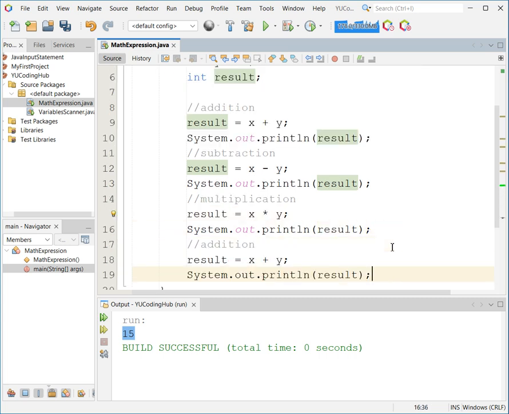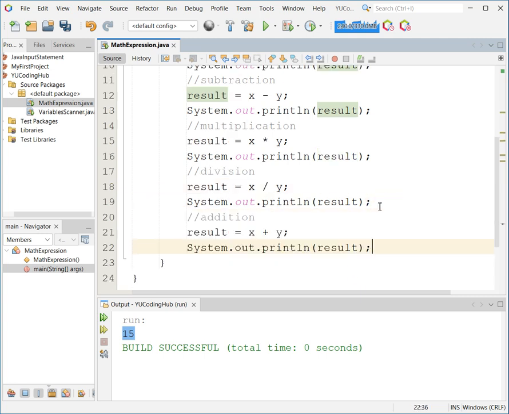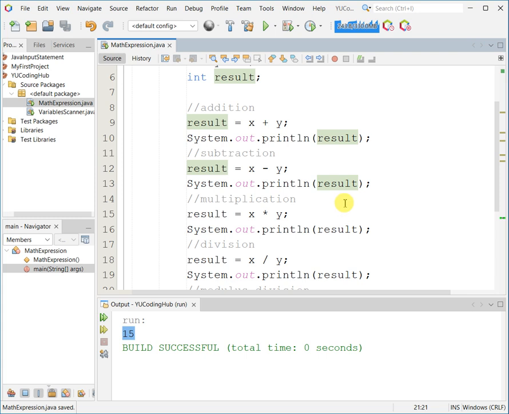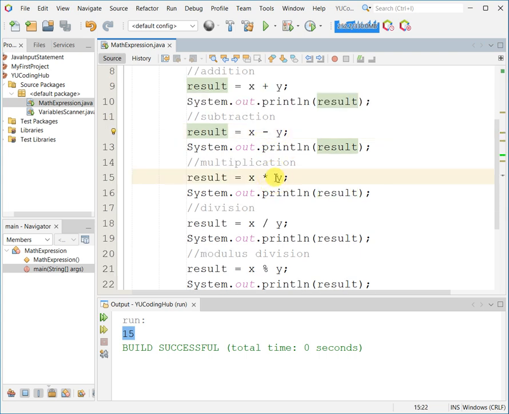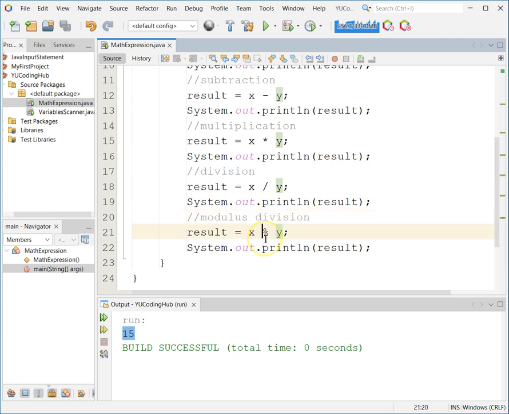The next one we are going to do is division, which is going to be slash. And lastly, the modulus division, for which we are going to make use of the operator percent. So these are all five arithmetic operators that we have in Java: addition, subtraction, multiplication, division, and modulus division.